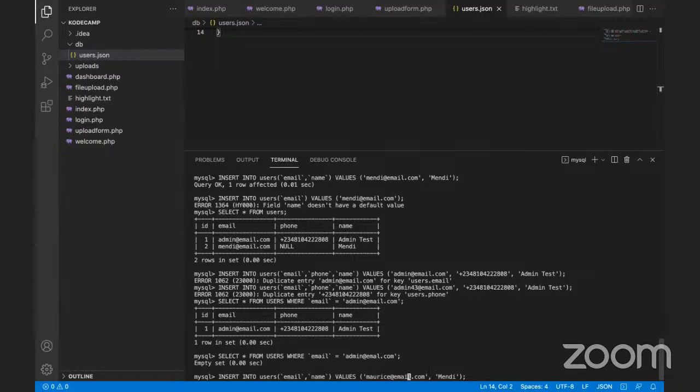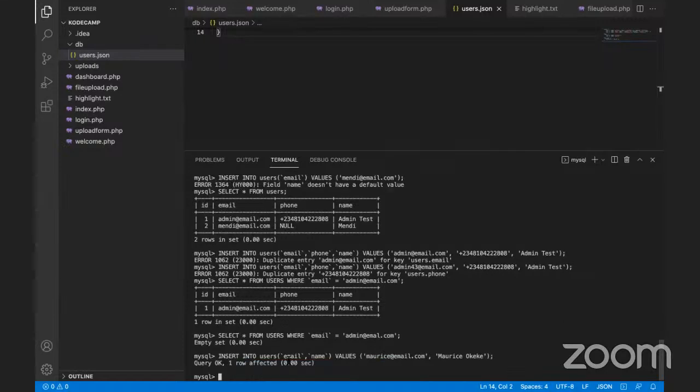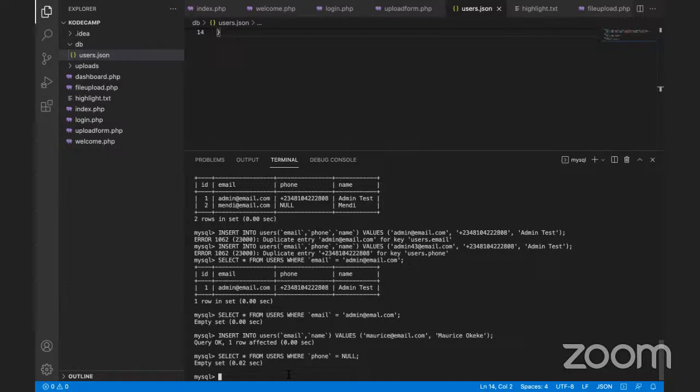Okay. So, and I'll just say Maurice. Okay, so we are done. So I can filter all users where their phone number equals null. So I should get where phone, because I don't know Mindy's phone number and I don't know Maurice's phone number. All right, so